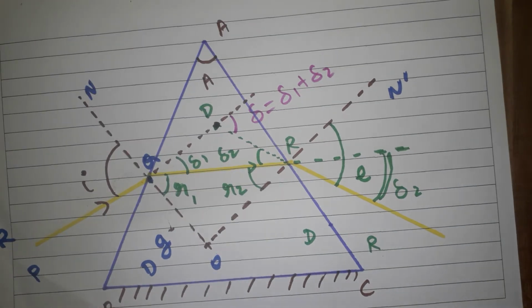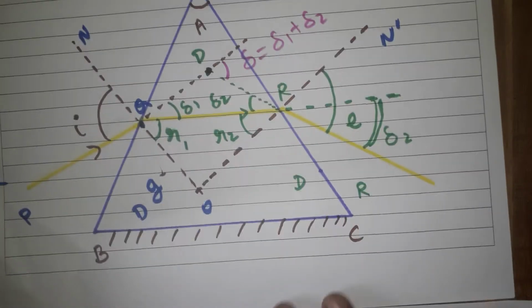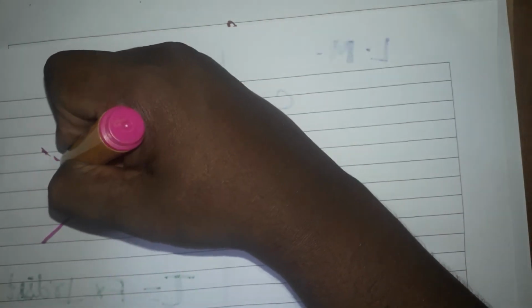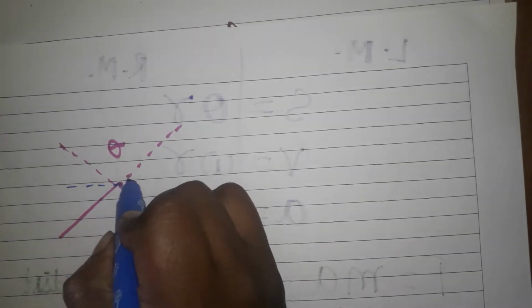When you are doing the solution, you should do it slowly. See here, first I have taken the point Q. See how I have taken it. At the point Q there is a cross mark, and that is the point I have taken. Here the incident ray is going like this, and this side will be the normal. So at exactly point Q, we have two data. See here, this is the angle of incidence, this is the angle of